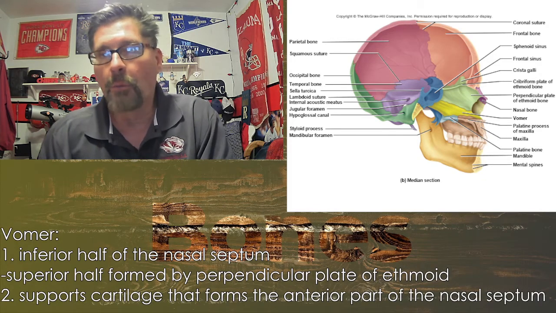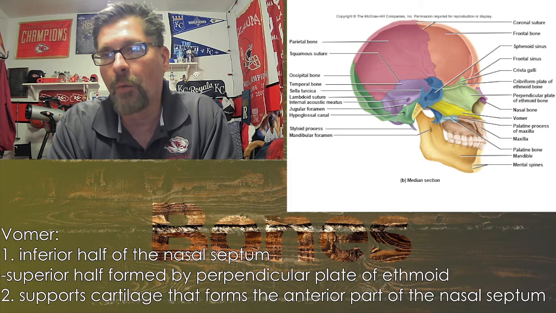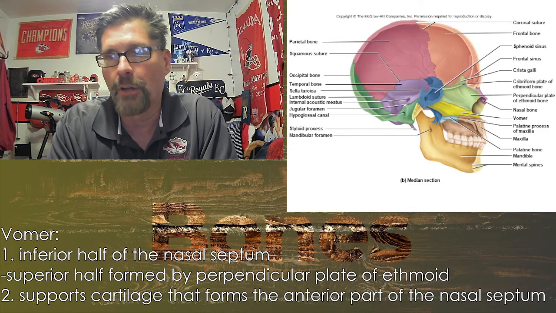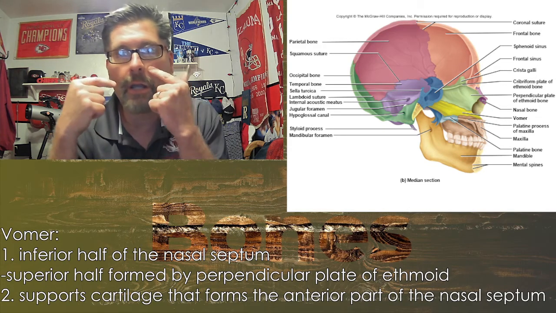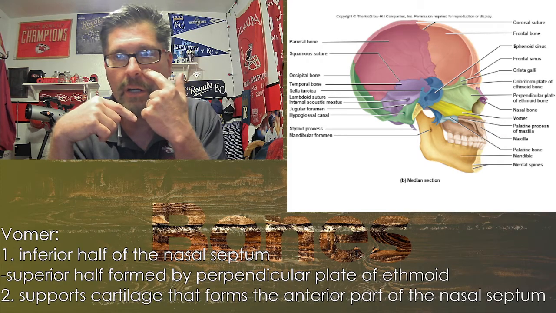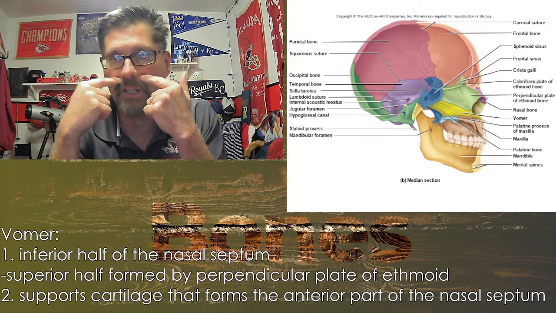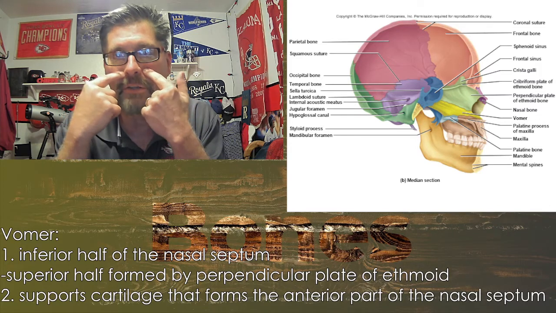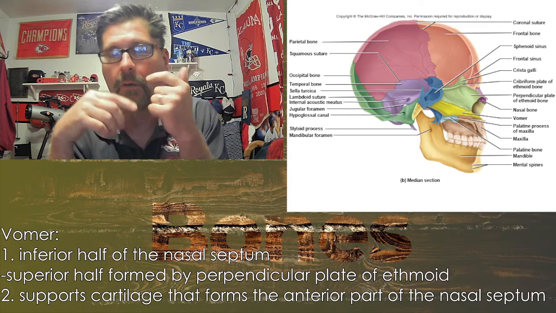All right, the vomer is our next one. Looking at the diagram, the vomer is that yellow one. It's right below the green that you can see on the far right of the diagram. So it's right below there. It's kind of underneath this area, but it is kind of on the outside, and you can see the relationship to the teeth. So it's right above the teeth, just right in here. Anyway, when we look at